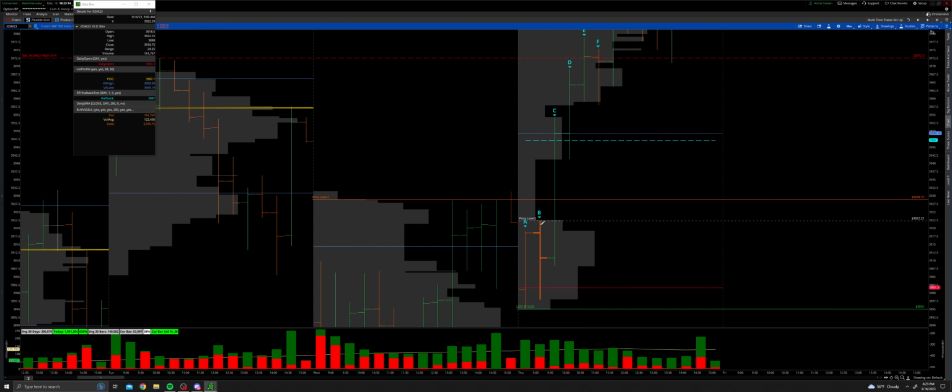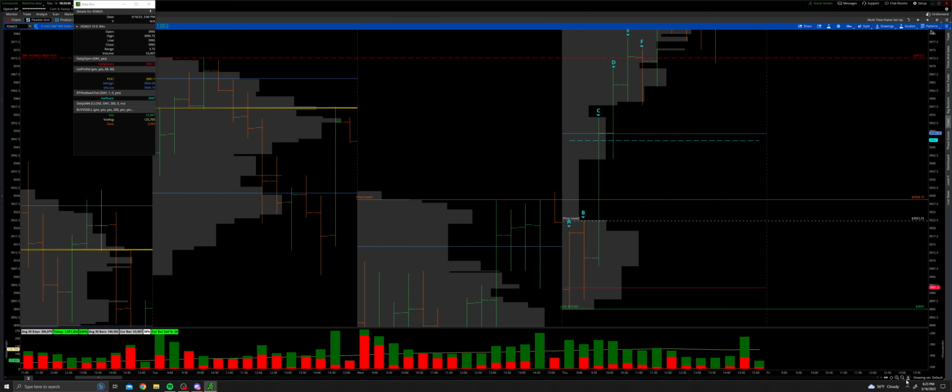Now, once they do that, anybody that was shorting or selling shares here to hope to maybe take out the initial balance low and then get the previous day's low, they don't get much, right? So they begin to cover, causing what is called a short covering rally. So C period pushes up, it takes out the previous day's high. More shorts, more sellers that were selling against that high begin to cover their shares, pushing this market up even higher. And as you can see, C period pushed up pretty good in this 30-minute time frame. Really good range in that 30-minute time frame before settling out and creating what we call a set of single